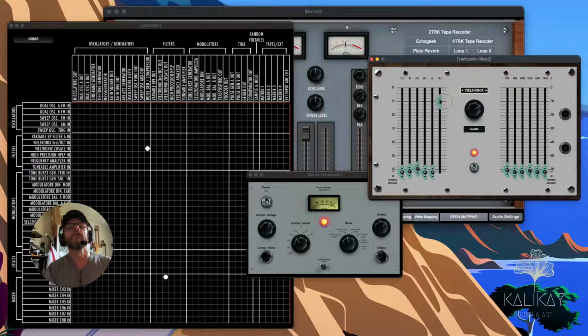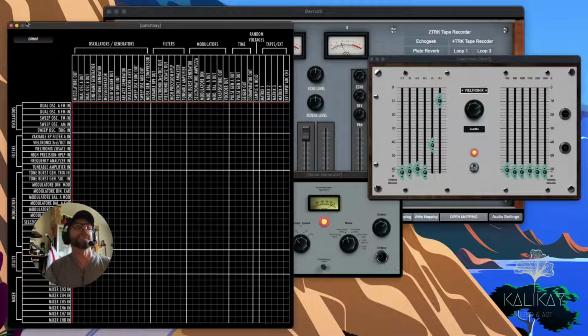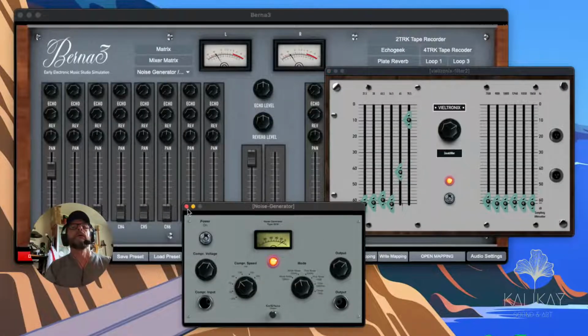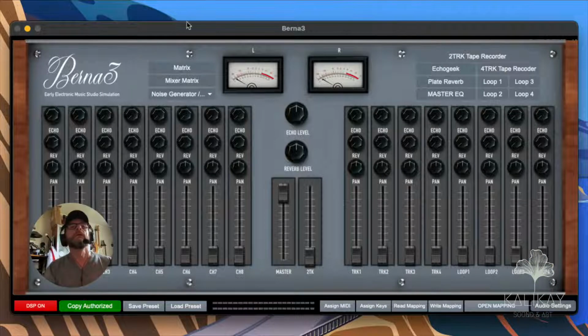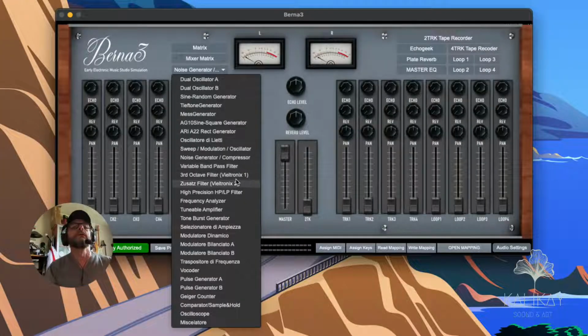And very low frequency. Very low frequency. Okay. So this is just an extension. Okay. Then